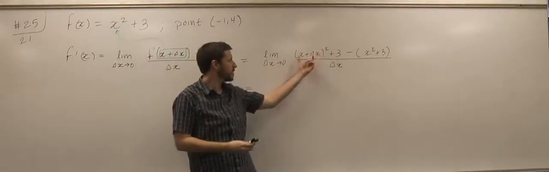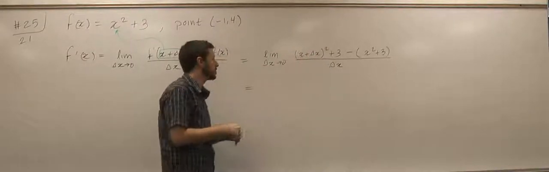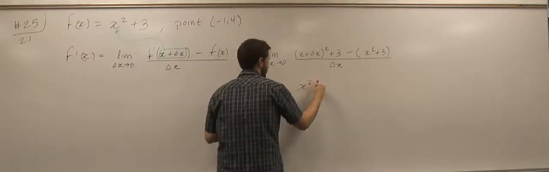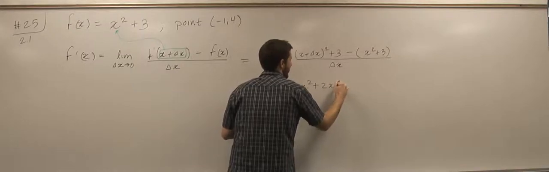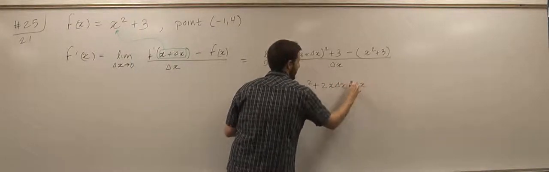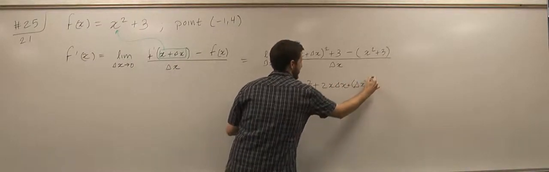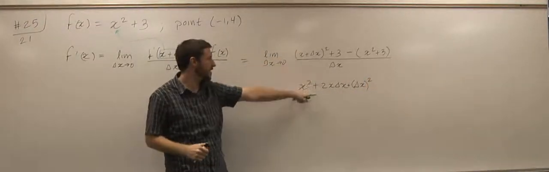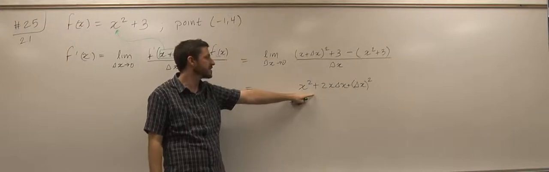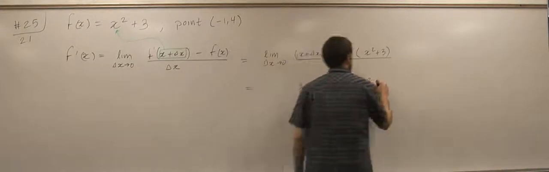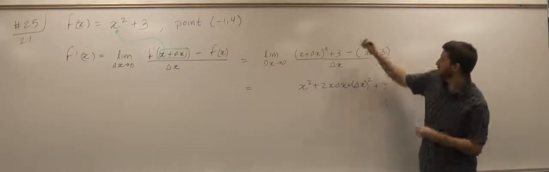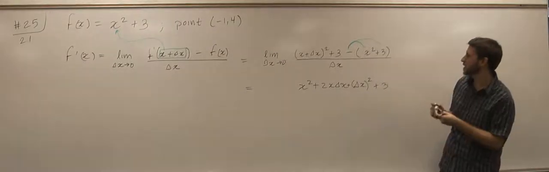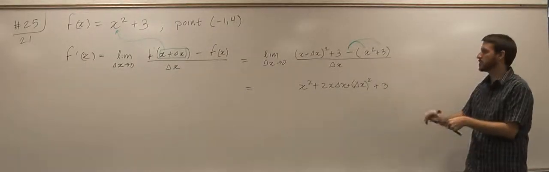When you square a binomial here, what do you get? x squared plus x... Oh, good. We got to work on your unity, but sounds like you know it. So when you square this binomial, you get x squared plus 2x delta x plus delta x squared. Don't forget your plus 3. Minus, this whole thing has to get minus, so we distribute it. Minus x squared minus 3